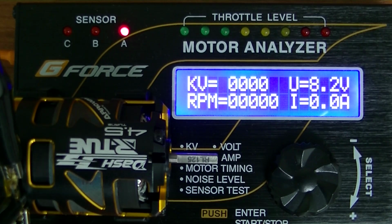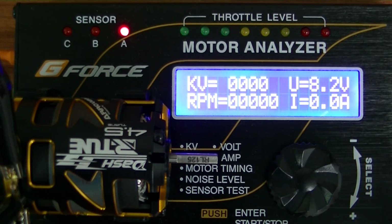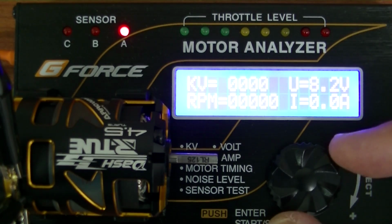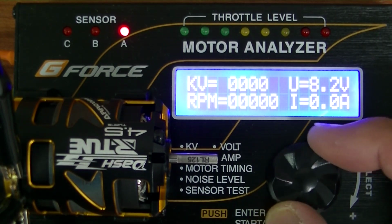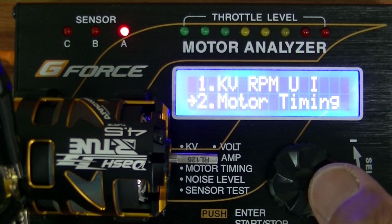Welcome back to our videos, and as promised, we're doing the motor run on the motor analyzer for the Dash RC from Aeromax 4.5 ton. Awesome model. So we now take a look at how it performs on the motor analyzer. Let's move in and show you the motor